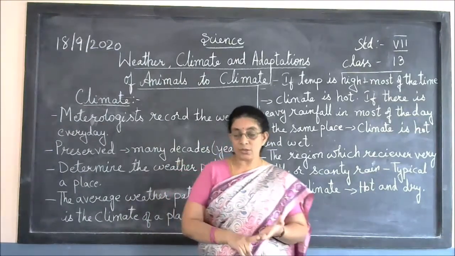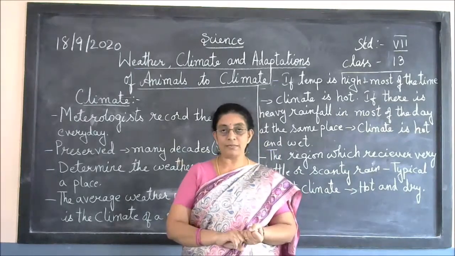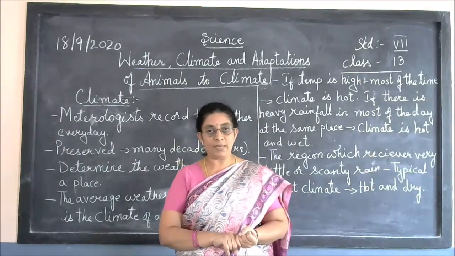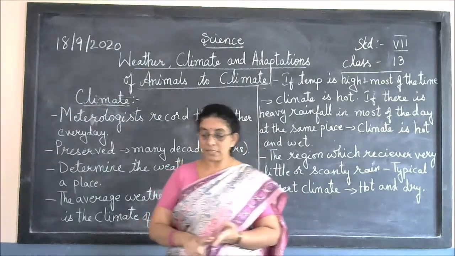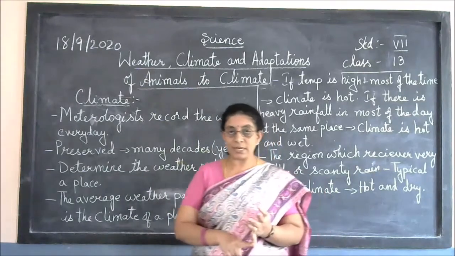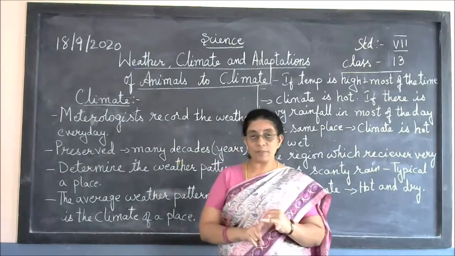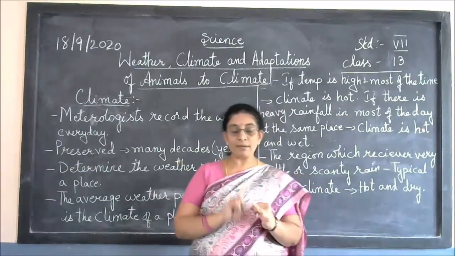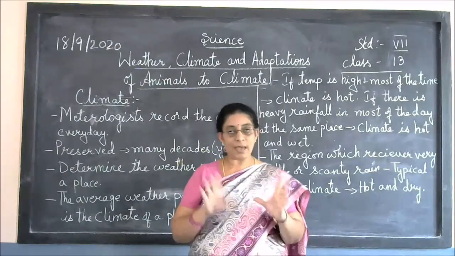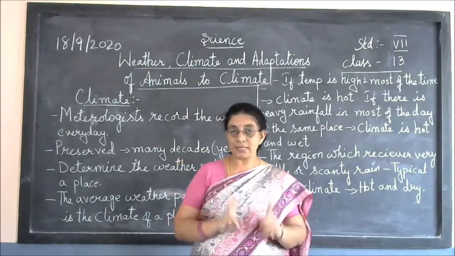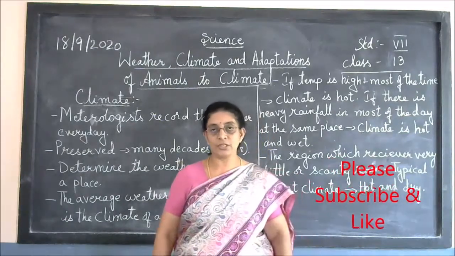Now next you are going to see how the animals adapt themselves according to the climate. Over here there are two types of climate. Mainly one is the polar region climate, where it is very cold, and the next is the tropical climate, the tropical rainforest, that is, how the animals adapt themselves during the time of rain. These are the two main types of climate you are going to read in the next session. Thank you, children.